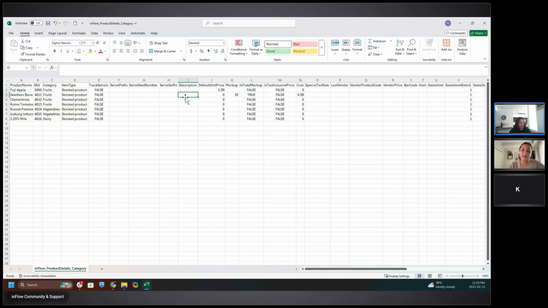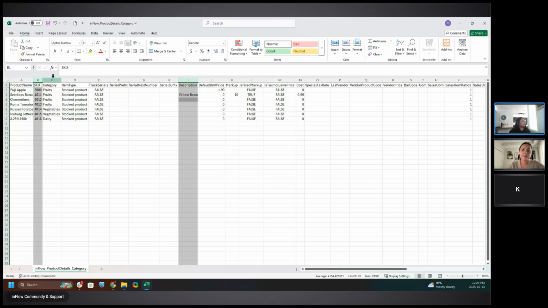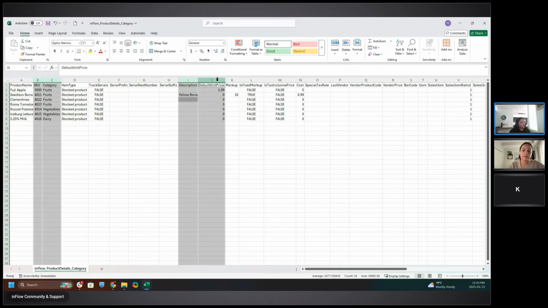Absolutely, I can show that. Because we're still talking about this, let me put in a description on the banana. I know we're going to leave it not mapped, but just in case we wanted to show how that goes. So at this moment, we have the possibility of changing the description, bar the mapping thing. We have the ability of changing the SKU, the categories, not the item type, the description, default unit price, markup,